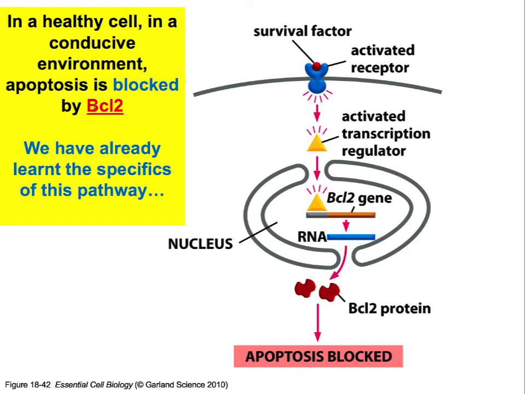When levels of BCL2 are high inside the cell, that protein is able to block apoptosis. Every day, cells in your body have to receive survival factors that bind to receptors on their surface, and through a process of signal transduction, transcription regulators are activated in the cytosol, which then are carried through the nuclear pore and act as transcription factors. And once they activate this gene, BCL2, the levels of BCL2 protein in the cytosol increase, and they can then block the negative effects of the BCL2 family.